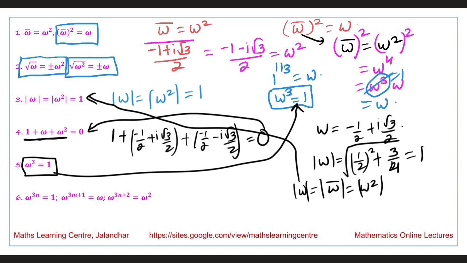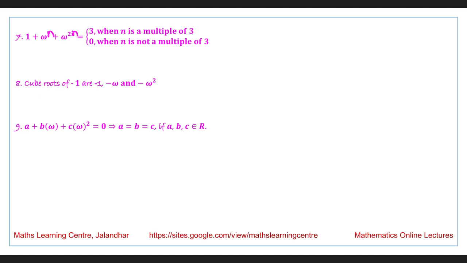So if omega cube is 1, we are saying that omega raised to the power 3n is equal to 1. Omega raised to the power 3m plus 1 will be omega, and omega raised to the power 3m plus 2 will be equal to omega square. This is just like the properties of iota that we have studied; these are similar properties for omega. Now next we are saying that 1 plus omega raised to the power n plus omega raised to the power 2n will be equal to, if n is a multiple of 3, then all these values will become 1 plus 1 plus 1 and the answer will be equal to 3,